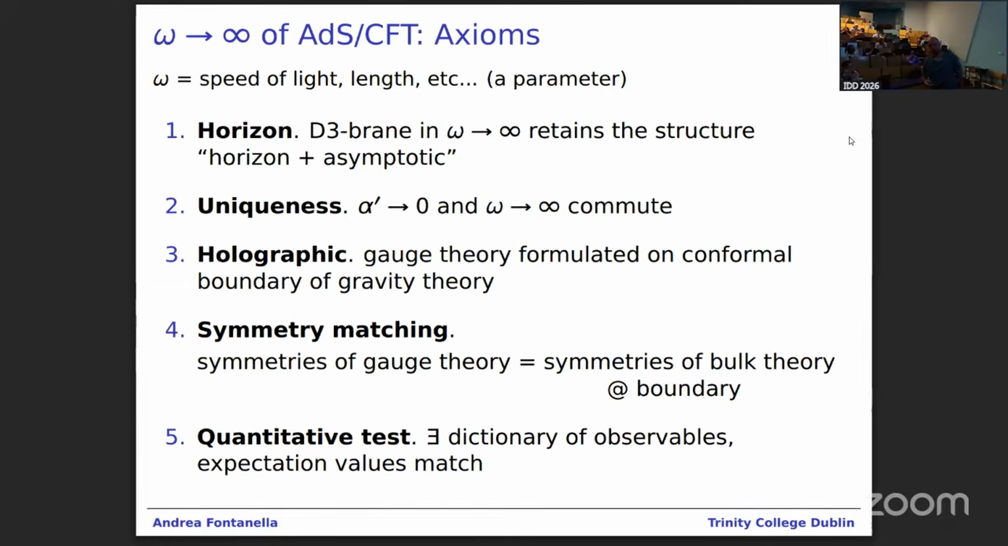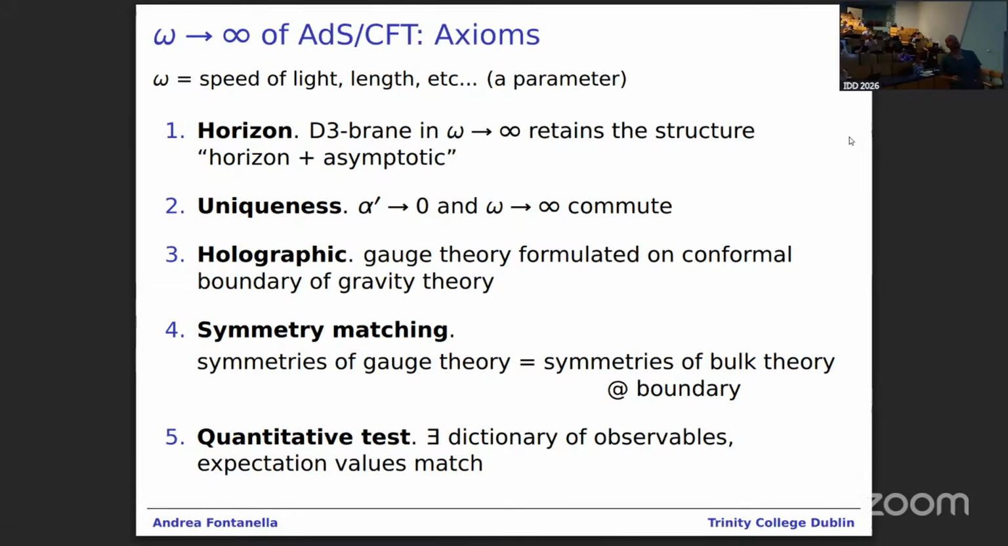Okay, so now I want to incorporate, as I said before, a limit into the brane construction of Maldacena. So we want to take a limit, omega to infinity, where omega for me at the moment is just a parameter. I'm not specifying what parameter it is. It could be the speed of light, it could be a length of your system, like the radius of AdS, it could be an angular momentum. So I want to be generic. And I just want to set some axioms that I want to satisfy in order to reach a well-defined limit